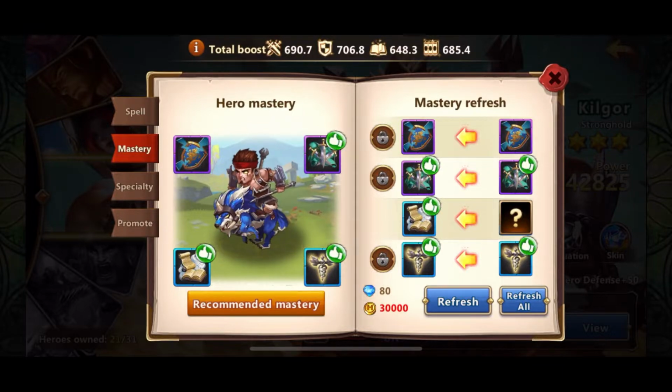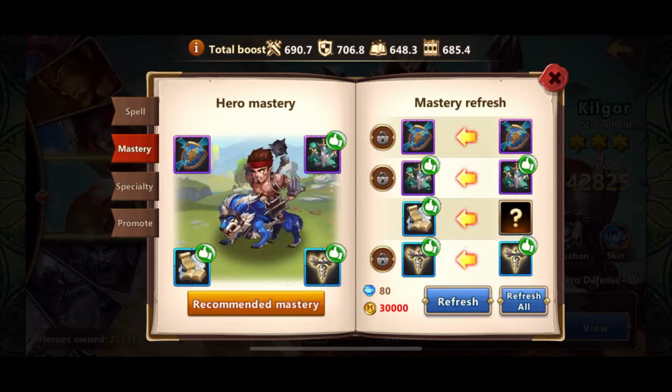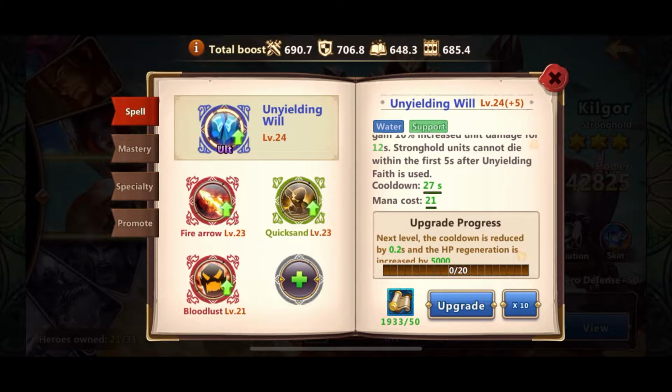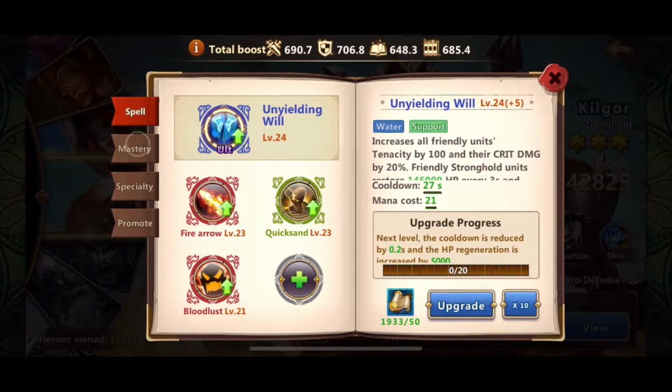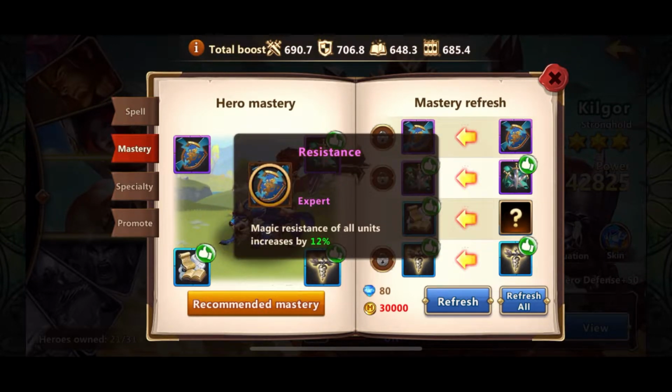The only really important tool here is the tactics, which will give your behemoth and ogre some defensive boost. The other one is the healing effect. So this should be the main mastery you should lock on Kilgor, since he really relies on his ultimate skill, which is Unyielding Will. So the other two I have logged in is against all the Sandros, of course, and